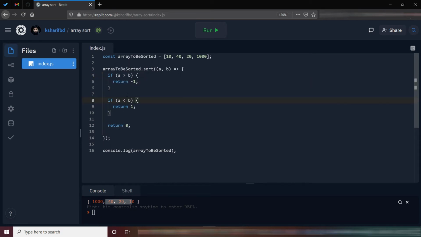Now let's look at an example with strings. Let's put some names of fruits: apple, blueberries, banana, then orange.